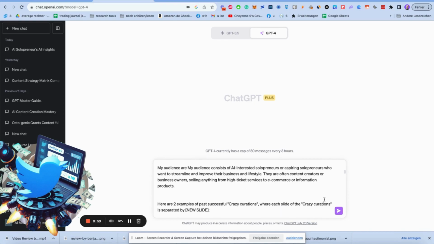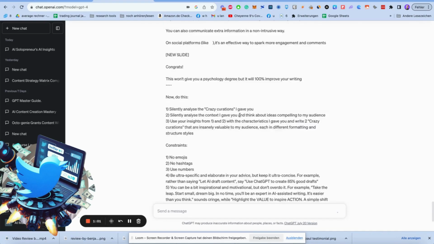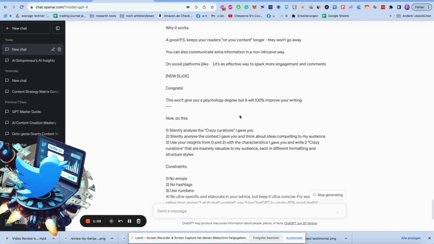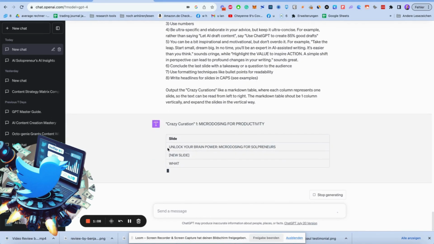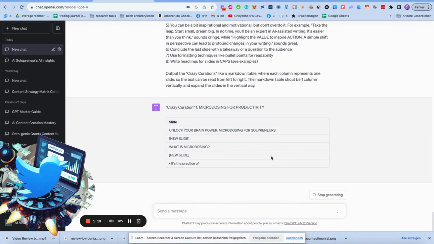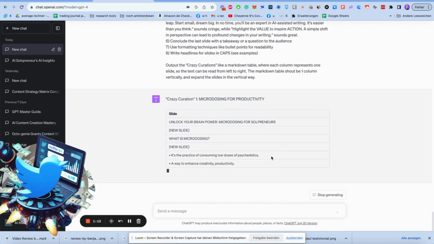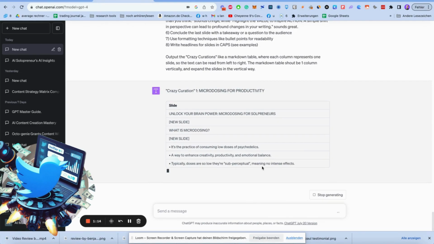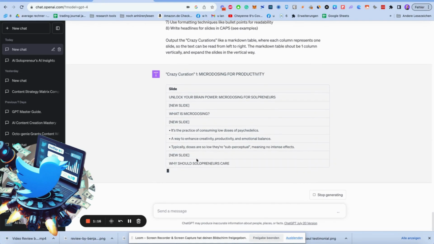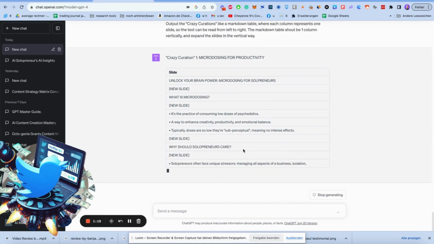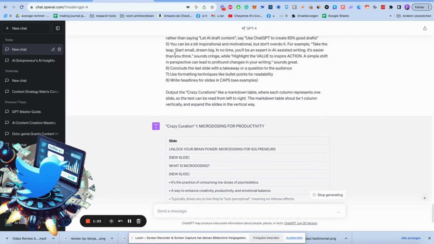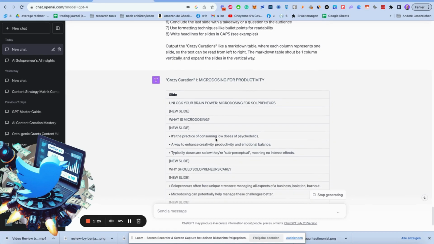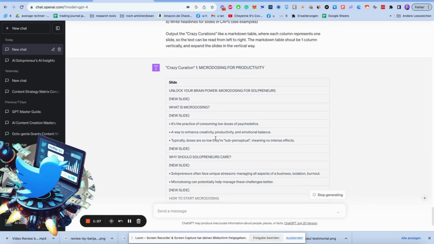All right, so let's start this prompt now. It should output you this table. Each table is a slide you have to create inside a tool like Canva, where you can create the graphics. This is super helpful because it will actually tell you what to put on each slide. This is just a huge time saver. And it learned from other popular LinkedIn carousels, so it knows about the formatting.